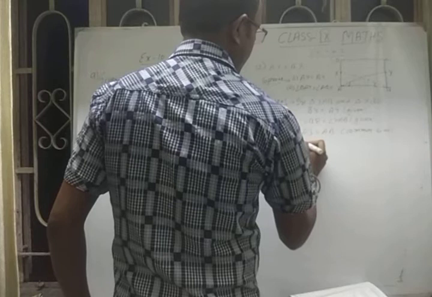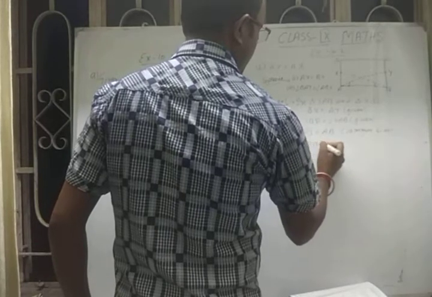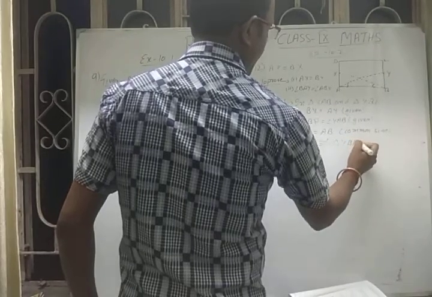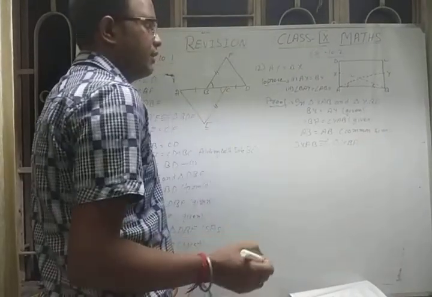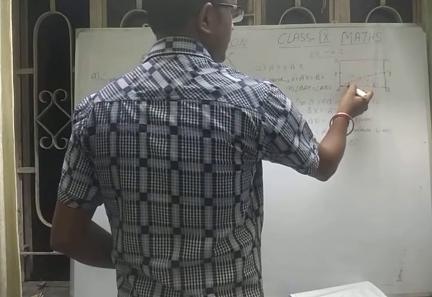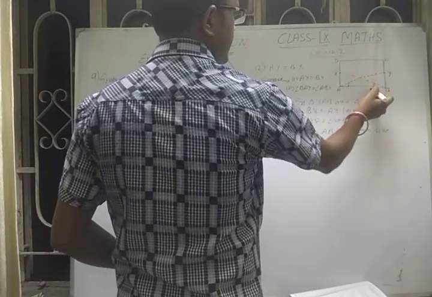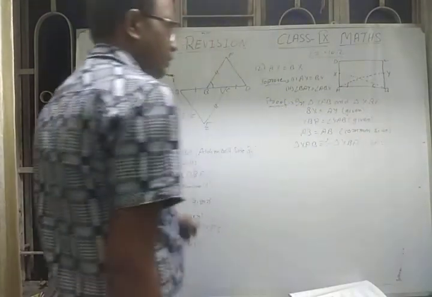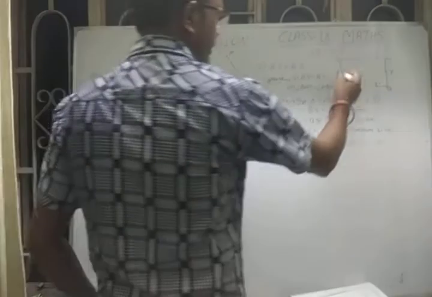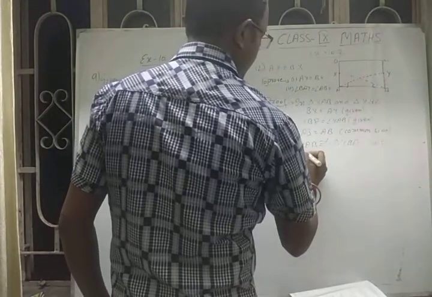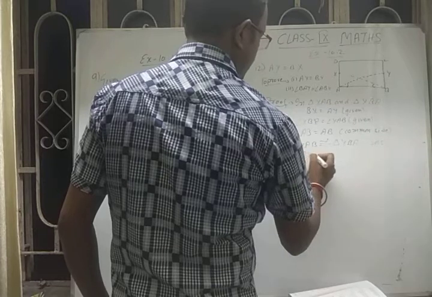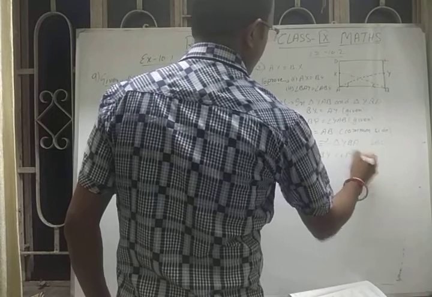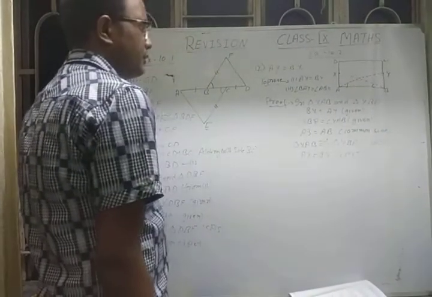Therefore, triangle XAB is congruent to triangle YBA. Okay. By which congruency? We can see here this angle, this side and this side. So it is congruent by, again, side angle side. Now easily you can write AX is equal to BY by CPCT, and this we have to prove they are equal.